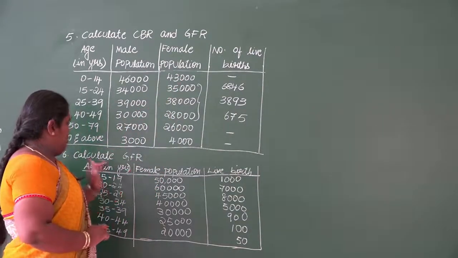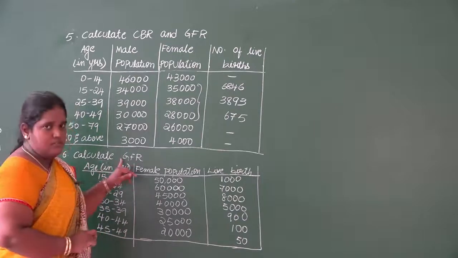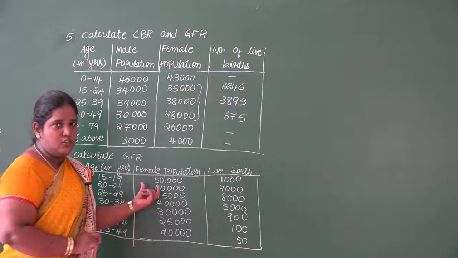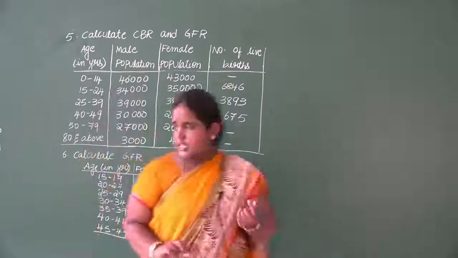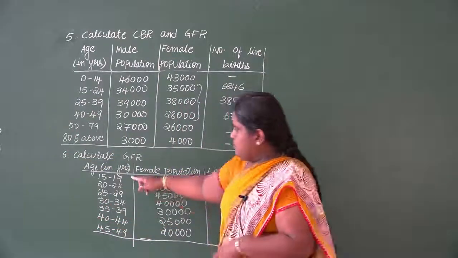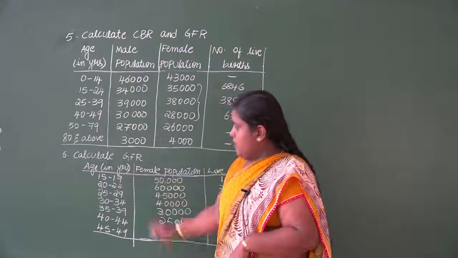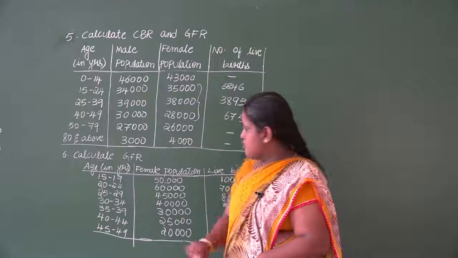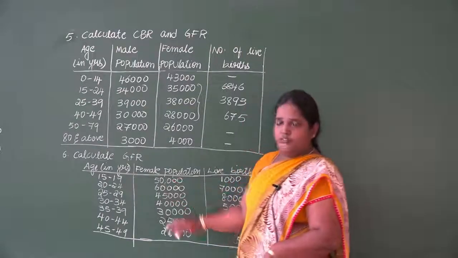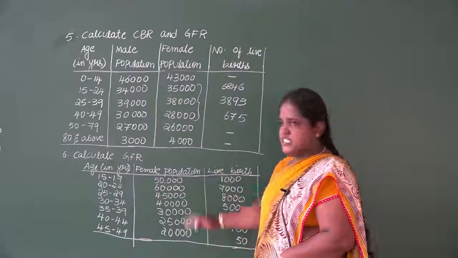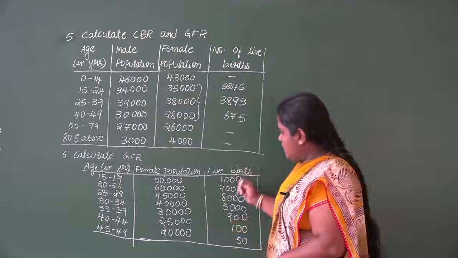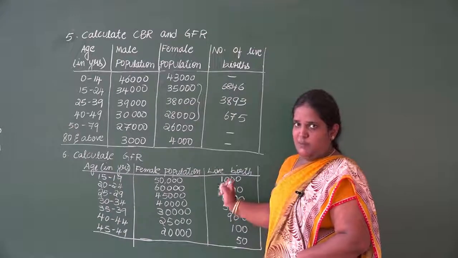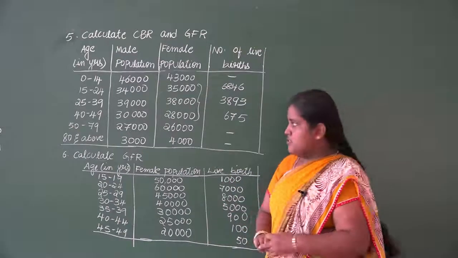You have one more problem where I have given only the general fertility rate because I have mentioned only the female population. There is no male population in this. So you have to do the total. If you see the age group here, I have given it from 15 to 49. So you have to take the complete age group. So add the complete female population from the first till the last, and even the live birth, add the complete live birth value, just divide and multiply it by 1000. You'll get the answers for this.